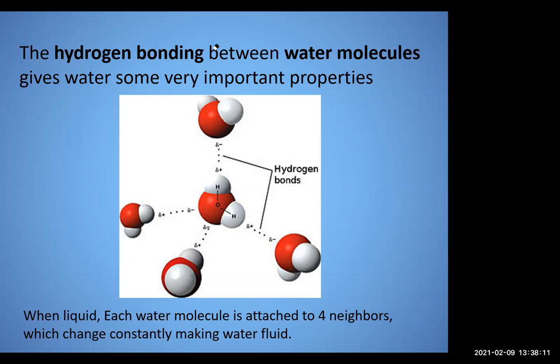Another interesting property of water, we're going to go through the properties of water here, is that at room temperature, you can find it in all states. You can find it as liquid, ice, and gas, because it's in the air as water vapor. You can have liquid water, and you can also have ice at room temperature. Of course, it will melt, but it will stay there for a while. It doesn't immediately sublimate or something.